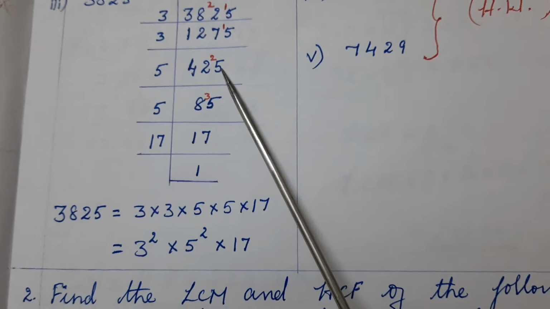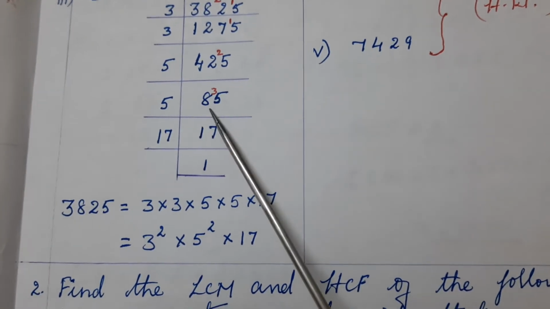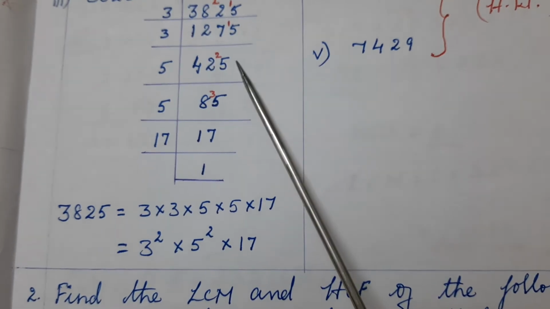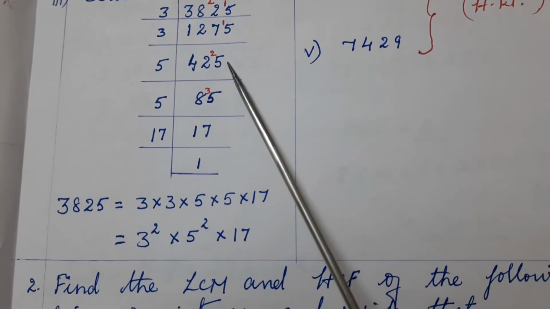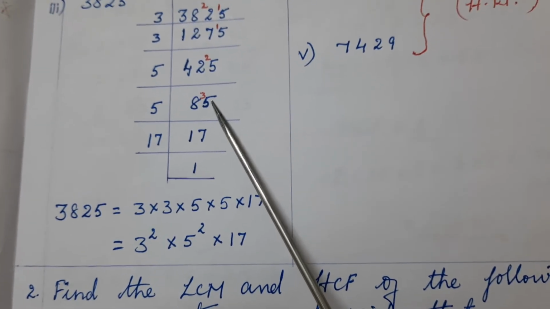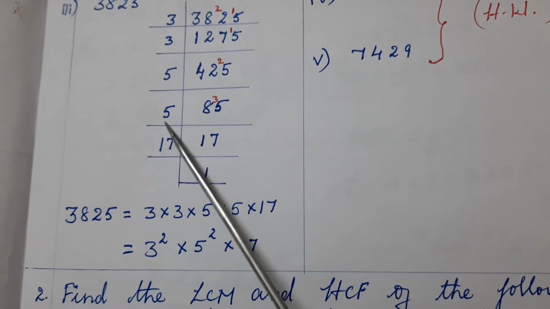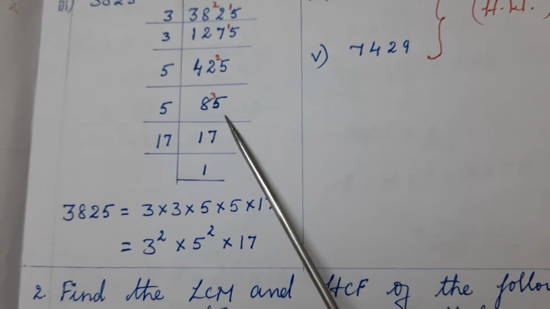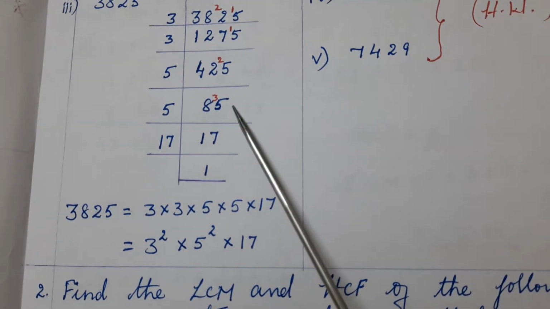So what is the next prime number? 5. So 8 5s are 40. Carry over 2. 5 5s are 25. You know, for 5 the ending number can be 5 or 0. Again the ending digit is 5. I can divide by 5. 1 5s are 5. 6 7 8. 3 carry over. 35. 7 5s are 35.